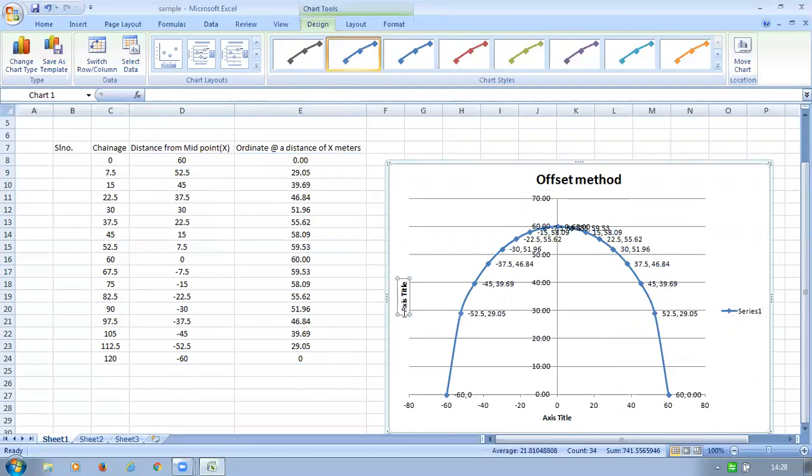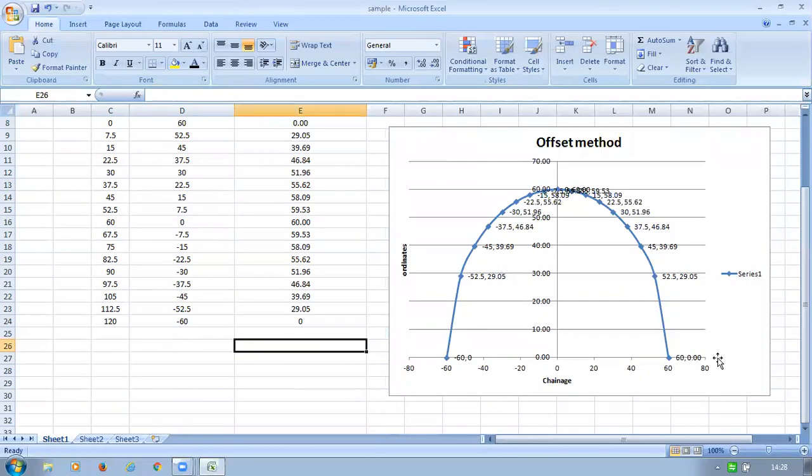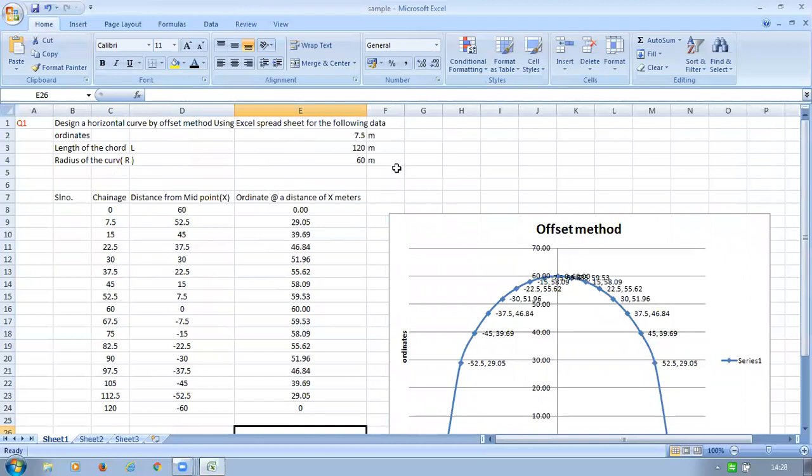This is the ordinates, the offset. In the x-axis we have the distance from midpoint. This is your Excel sheet. This is your question number 1. Do the same thing, use the Excel. If you have any doubts you can contact me. So I am closing this one now.